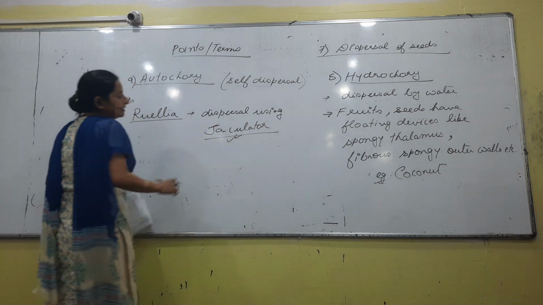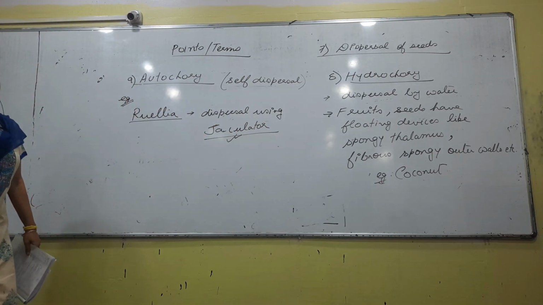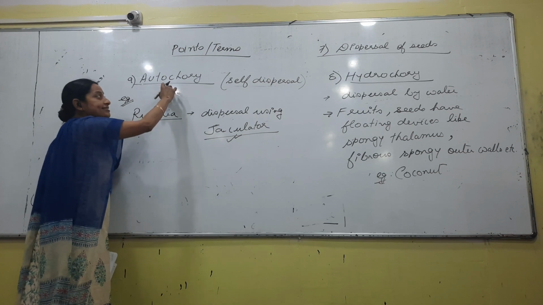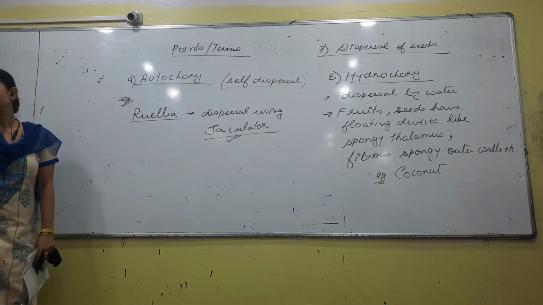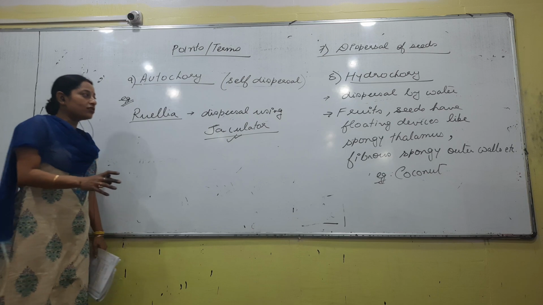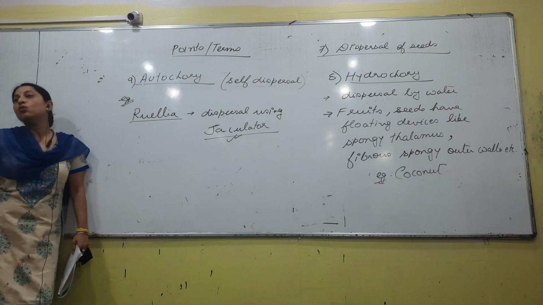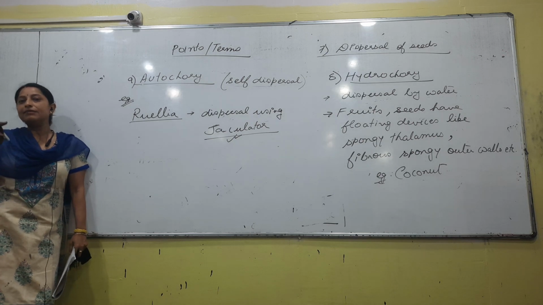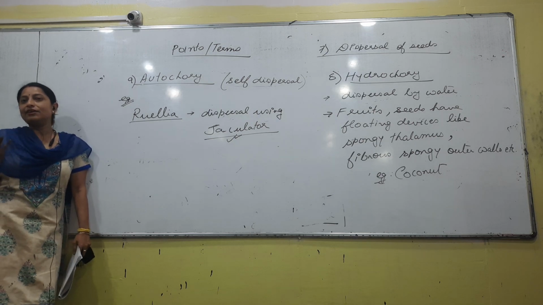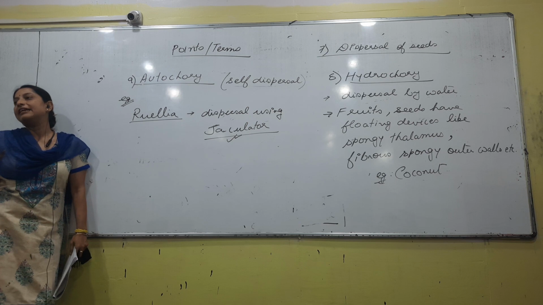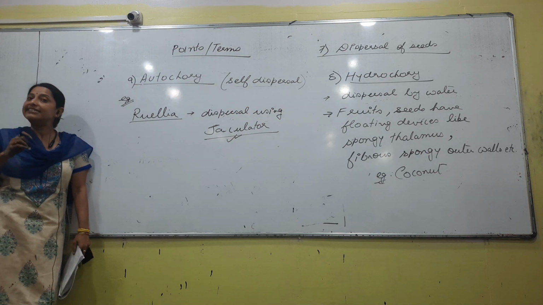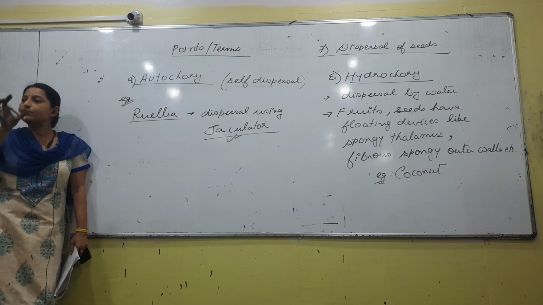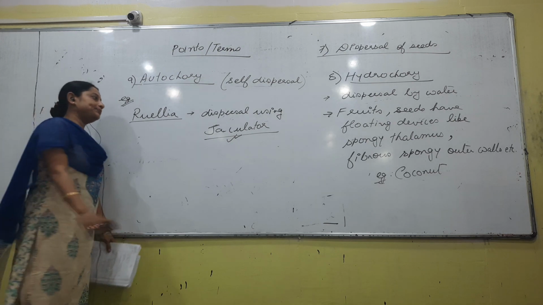A question may come: dispersal by a jaculator is an example of autochory, it is seen in this. Now what is a jaculator? A jaculator is a hook-like structure in the funicle of the ovary. Funicle means stalk, right? Inside the ovary you have the ovule that will ultimately convert itself into a seed. That seed needs to get dispersed. Who will help in dispersal? A hook-like structure that is present in the funicle.